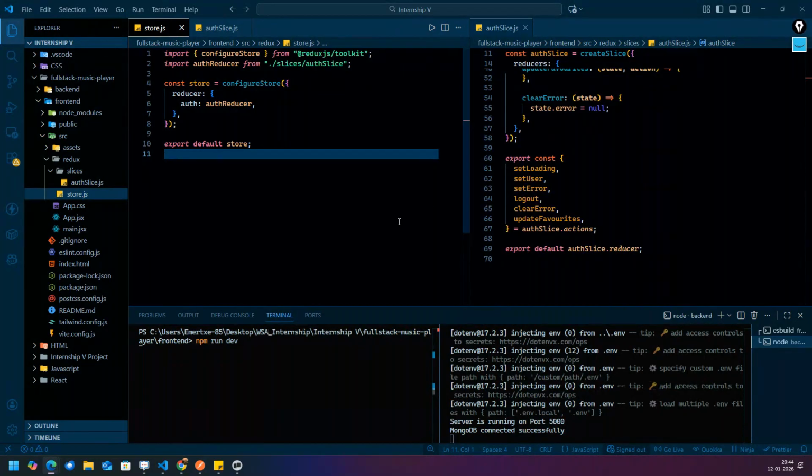Guys, I have written the auth slice, and you have to write the song slice on your own. If you have understood, you have to write the song slice, and this is your homework. In tomorrow's class, those who write the song slice can comment on the live class on YouTube and in the GoToMeeting also. Please try to write your song slice. Fine.